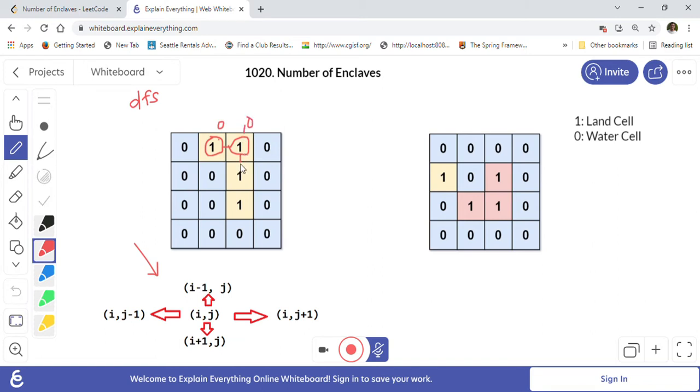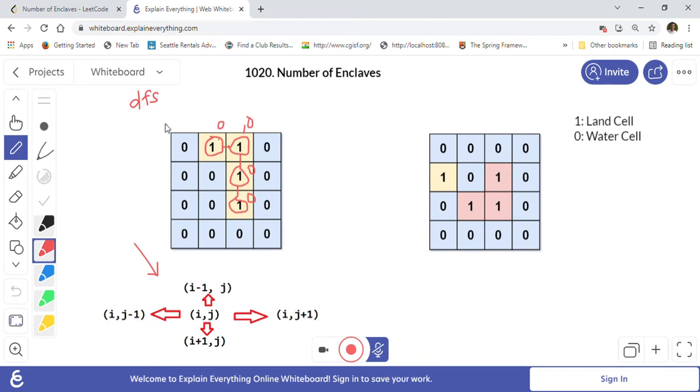If I go downward, I have a land cell, so I visit it and convert it into zero. Here also, going downward, there is a land cell, so I visit it and convert it into zero. This is the way the DFS works: we go in all four directions over all connected land cells and convert them into zero.